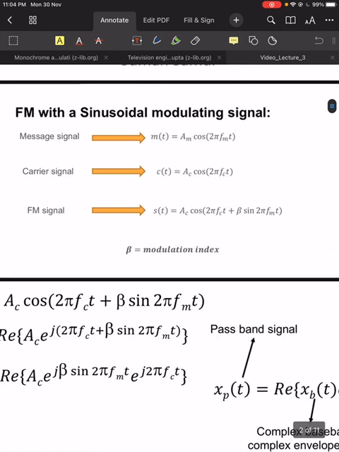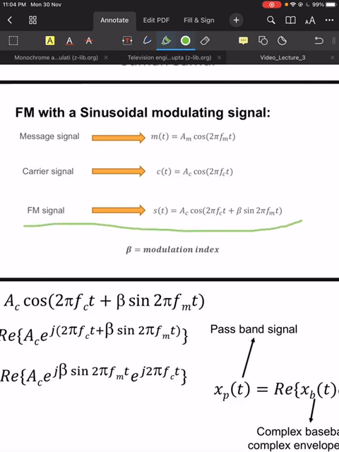We know how to find the time domain expression of the FM signal when the modulating signal is sinusoidal in nature, just like this: m(t) = Am cos(2π fm t). The unmodulated carrier signal is given by c(t) = Ac cos(2π fc t), and then we can find the FM signal s(t) = Ac cos(2π fc t + β sin(2π fm t)), where β is the modulation index,